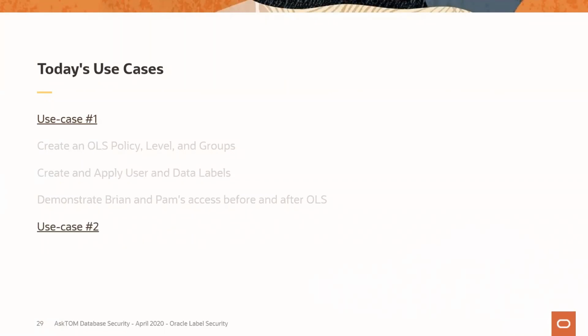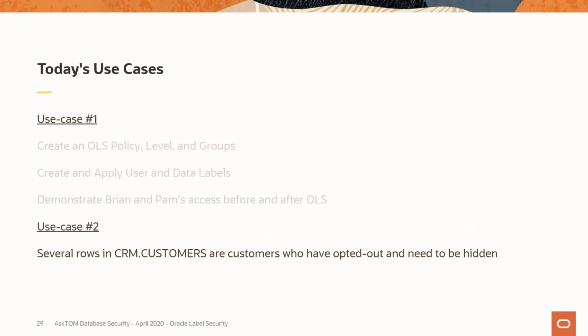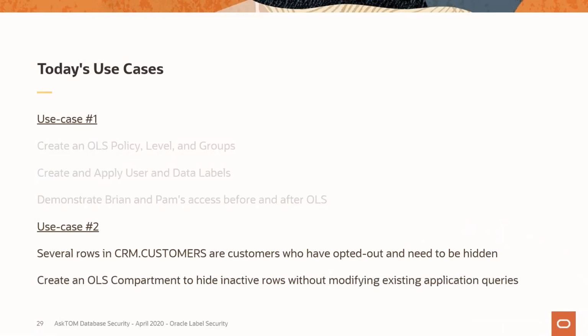Our second use case is going to be around customers that have opted out or are inactive in our application. So we want to hide those customers from view, and we're going to do that by creating a compartment to hide those inactive rows so we don't have to modify our queries or modify the application. So to give you an idea of what that's going to look like,